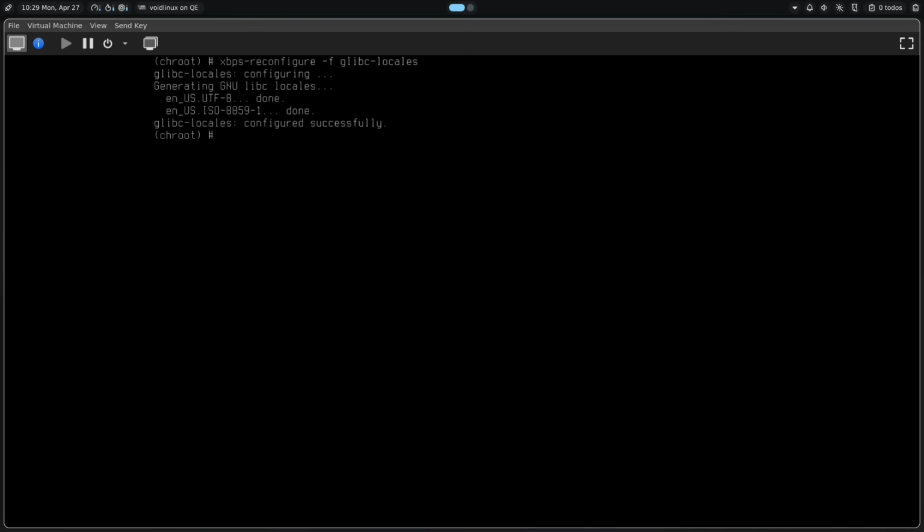And next step is we are going to create our host name. So we are going to echo, and we're going to create a unique host name. You can create whatever host name you want to. We're just going to do void VM as our host name. And we're going to go ahead and put that into /etc/hostname and hit enter. And now if we cat /etc/hostname and hit enter, you can see we've got void VM as our